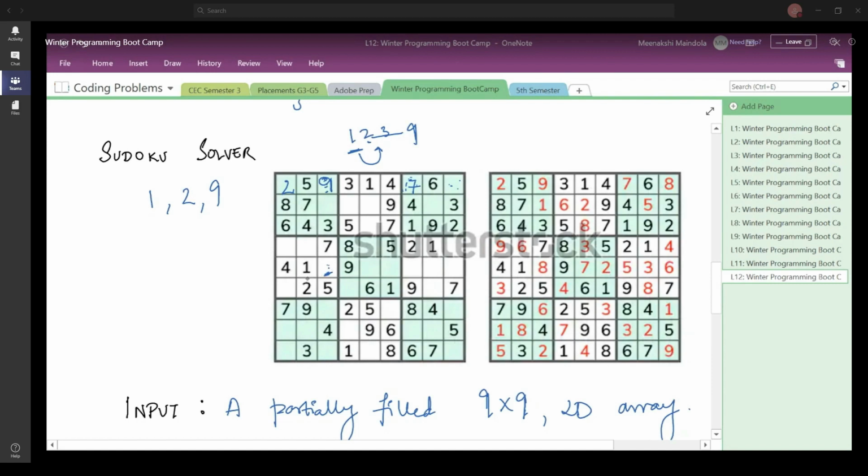So what will you do? You will go back to the last digit you filled. Let us suppose before this you filled this digit, and here what will you do? You will try with a different element. Okay, so check if it is possible for you to write down any different element other than the element that you have written here, and then check for the rest of it.